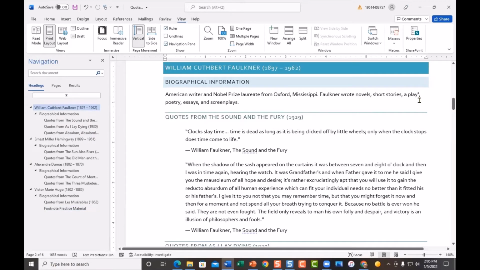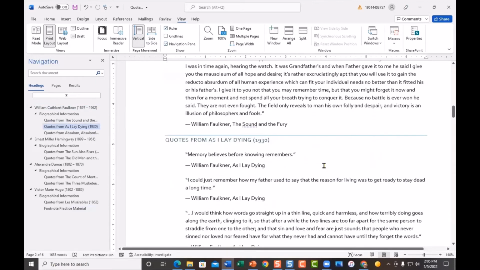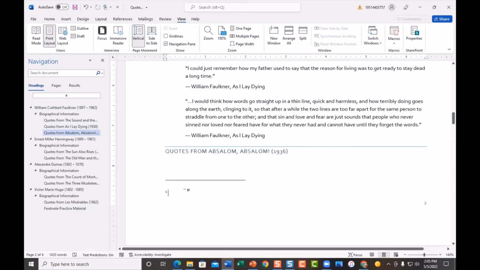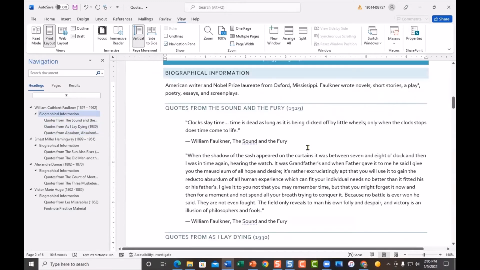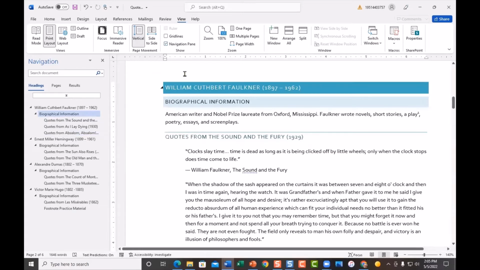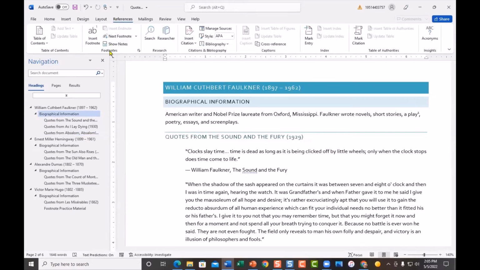And we can see that there's our 1. So we're going to go down to the bottom. And now all we've got to do is paste that. I can do that with my keyboard with Control-V. All right, so there it is. We have our first footnote. It says William Faulkner wrote his only play, called Requiem for a Nun, in 1951. Piece of cake. Because we're doing this in the References tab in the Footnotes group and using the tools